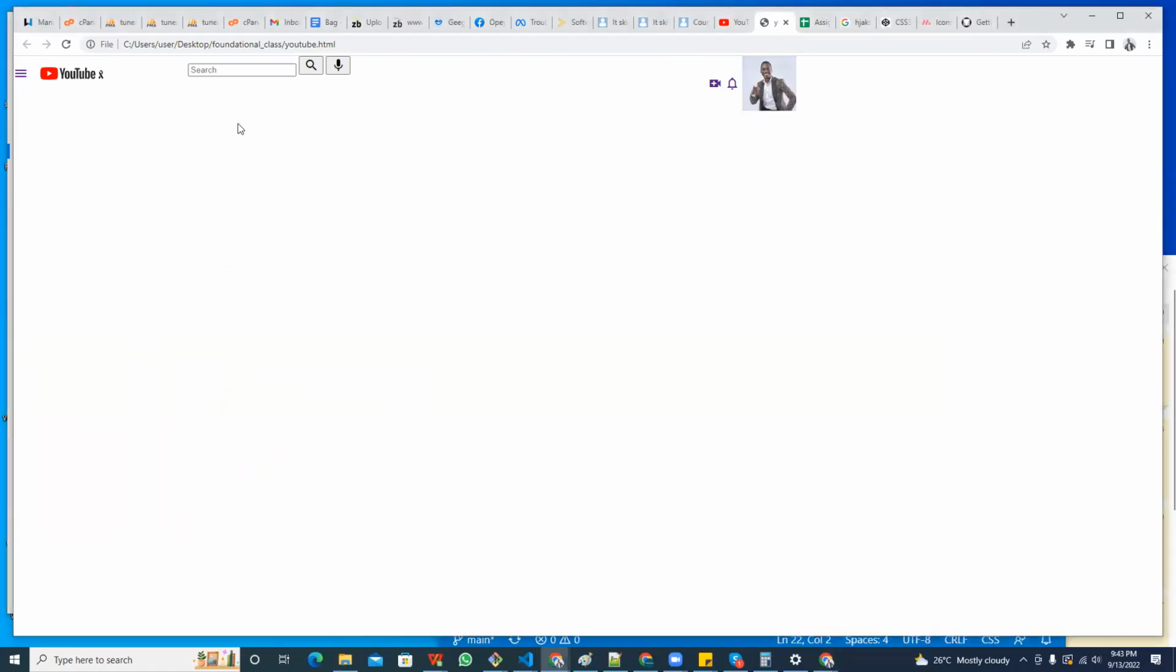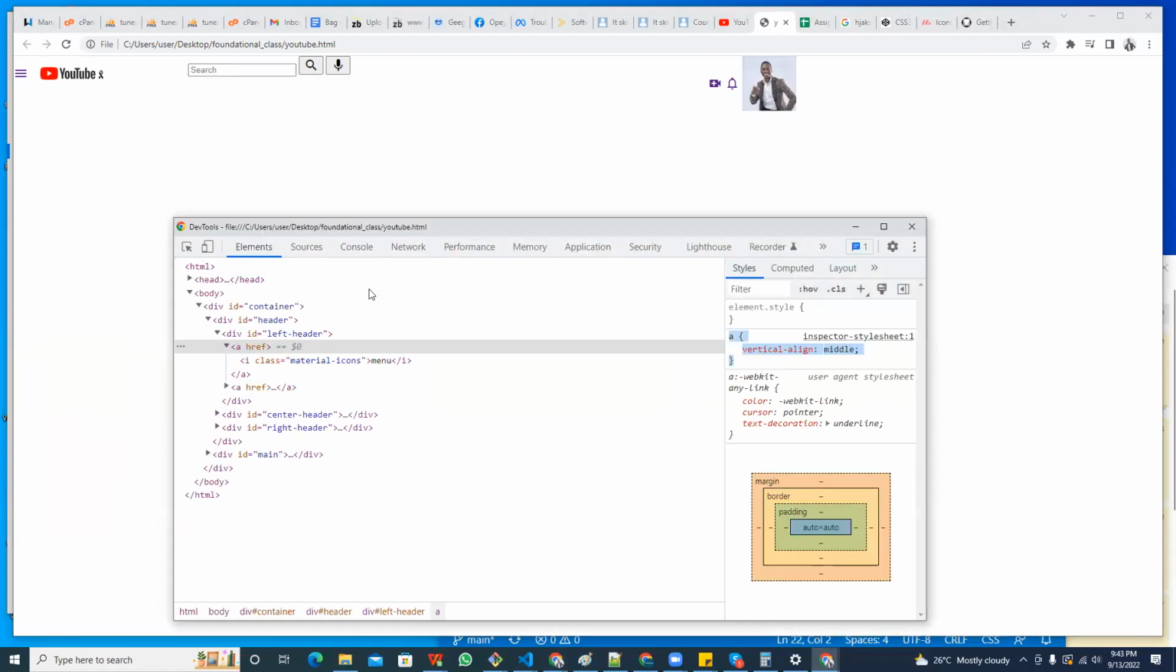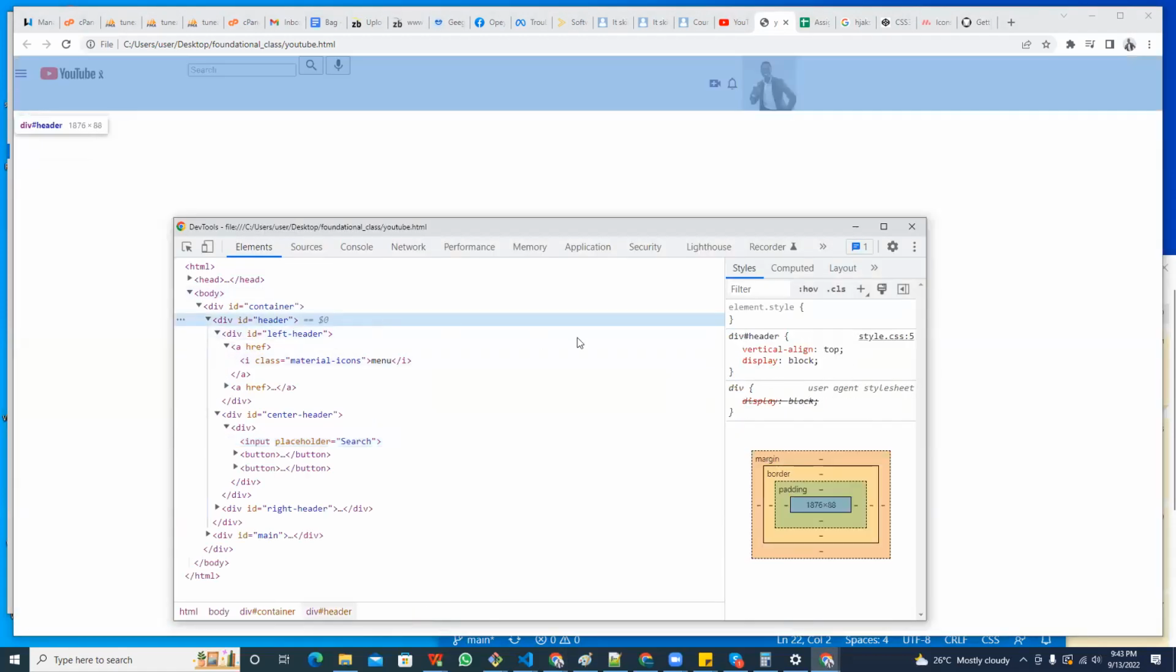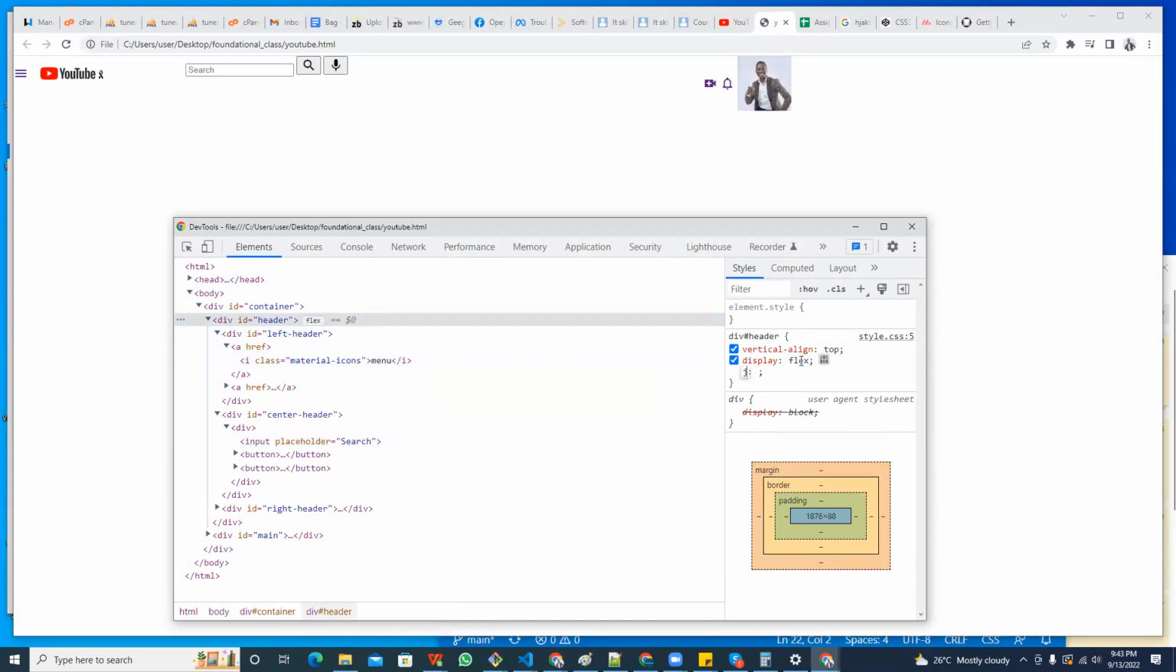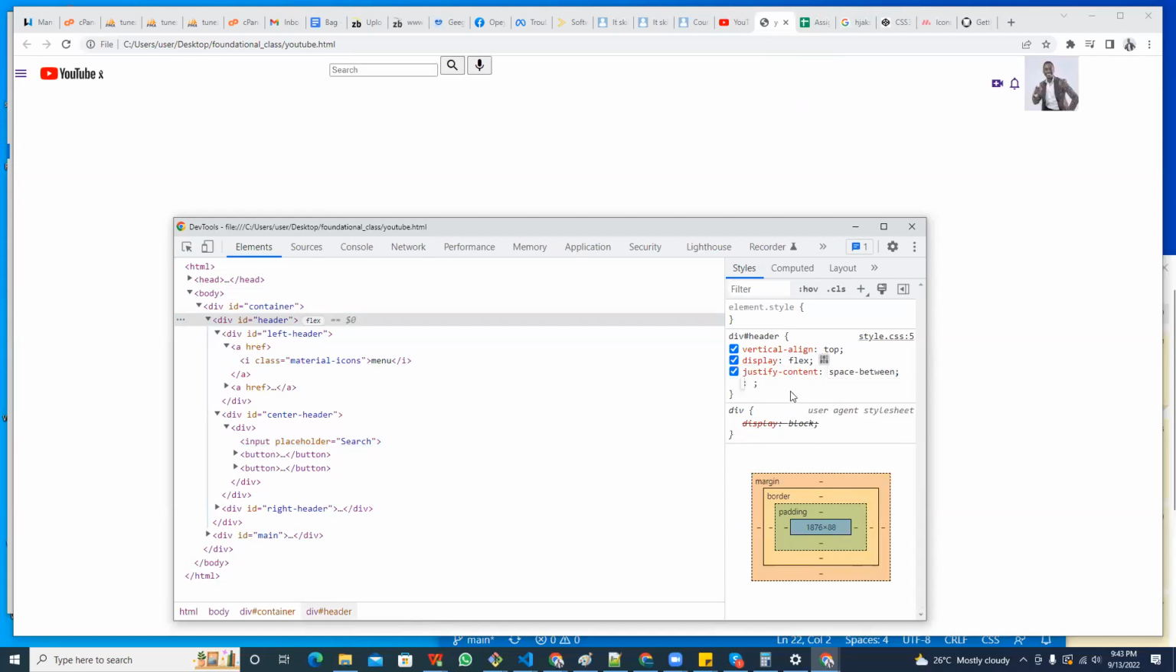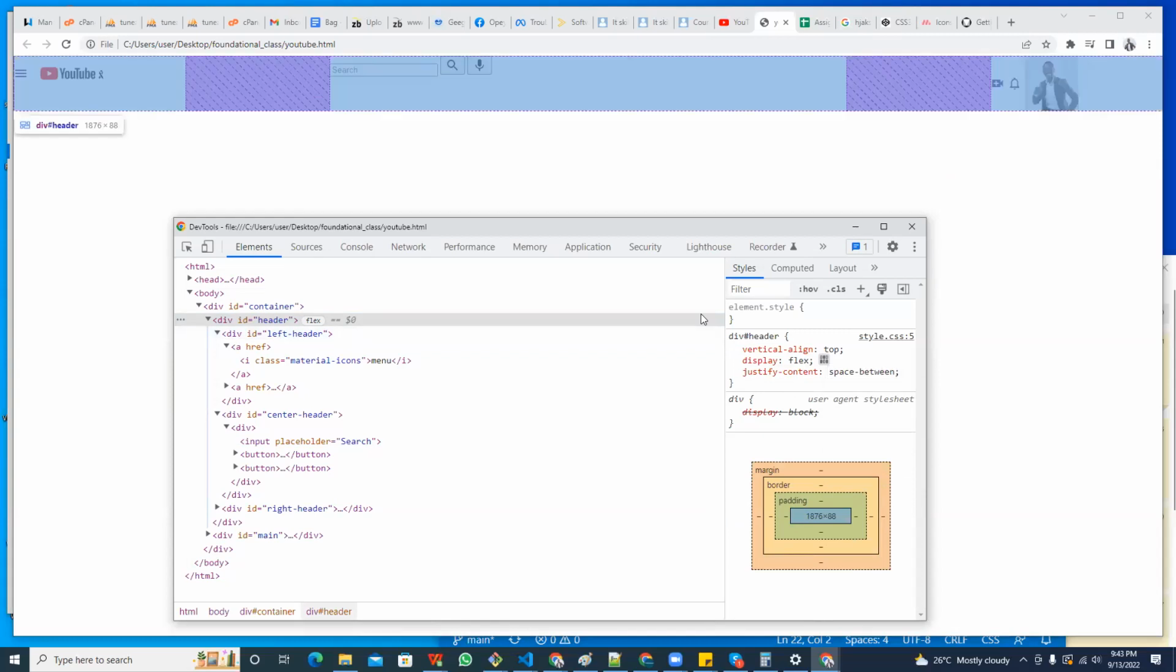So that being said, the next thing you want to do is to start styling now, right? So let's start with this guy. Let me change this to display flex instead of block, flex, and then justify content, space between. All right, so I'm changing to space between because I want to force everything